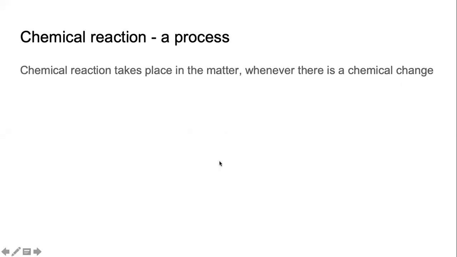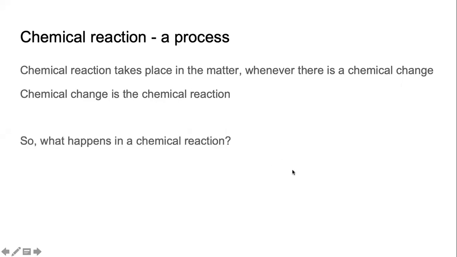So let us start with the current year. First, let us understand what a chemical reaction is. We have understood what a chemical change is. What is a chemical reaction? Chemical reaction is a process. In simple English, we say that whenever there is a chemical change, we say that there is a chemical reaction taking place. जहां पर chemical change होता है, we say that there is a chemical reaction taking place. Chemical change is the chemical reaction. Very good, Chand, right? It's about breaking of bonds. Chand answered even before I asked the question.